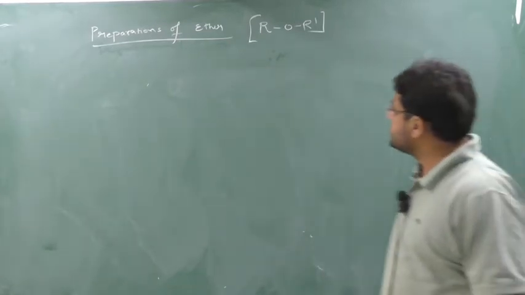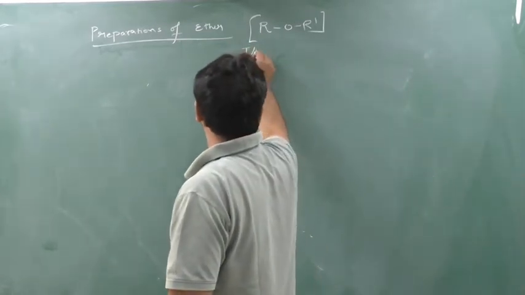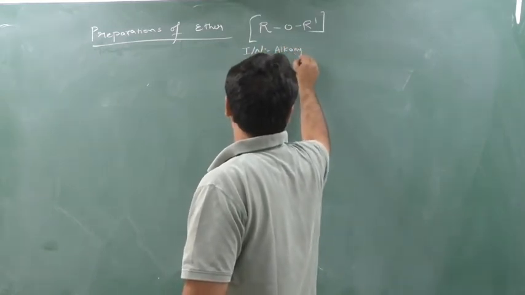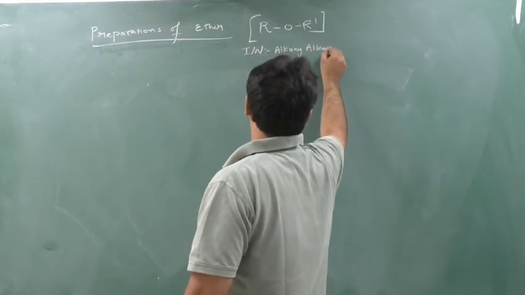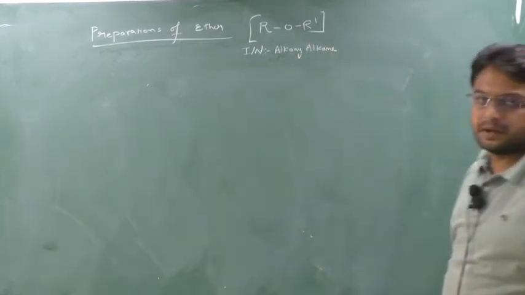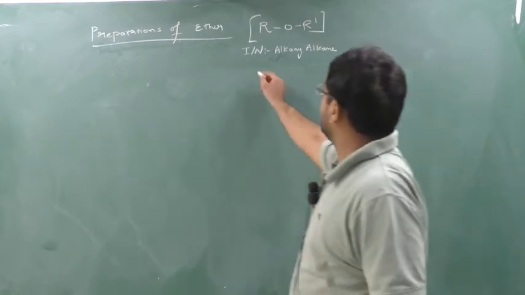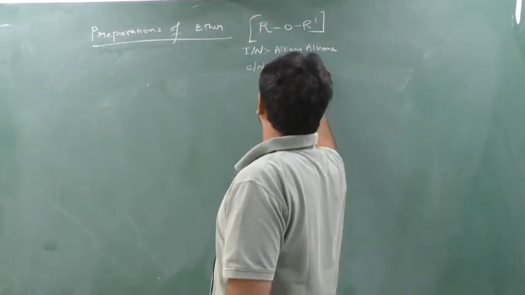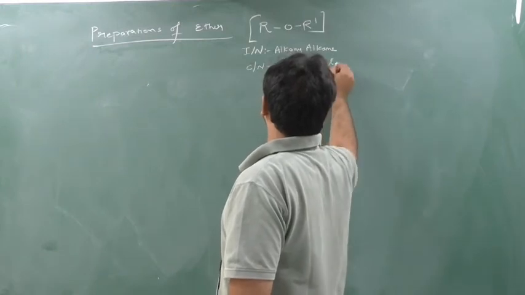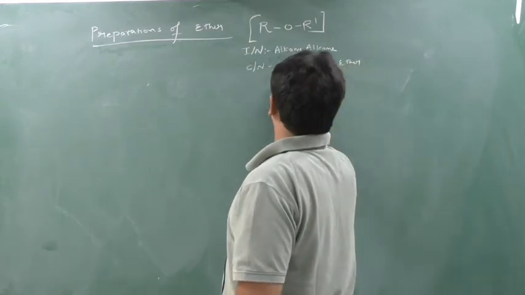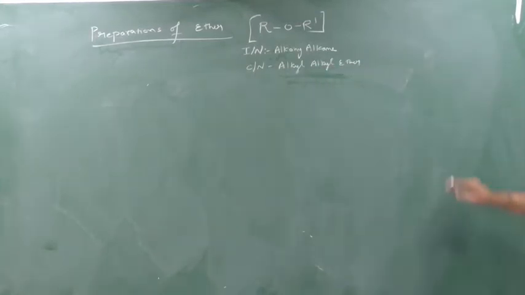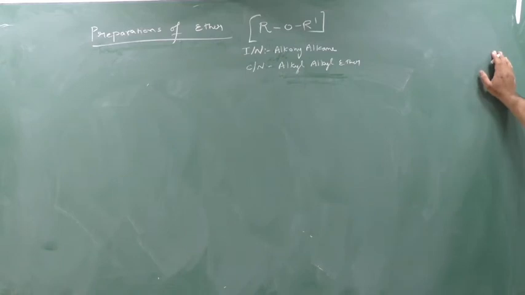You know the IUPAC naming also. If you want to give the IUPAC name for ether, you will give it as alkoxy alkane, and this alkoxy should be of lower carbon. And the common name should be what? Alkyl ether. Yes or no? Alkyl ether, and here you should follow the ABCD rule. If it is methyl and ethyl, first E will come in the ABCD, so it will be ethyl methyl ether. So these are certain basics you have done in the lower classes.